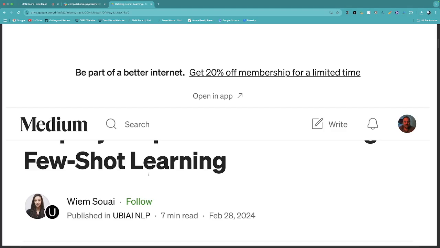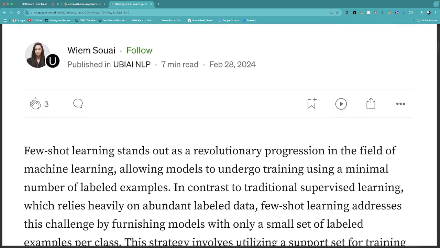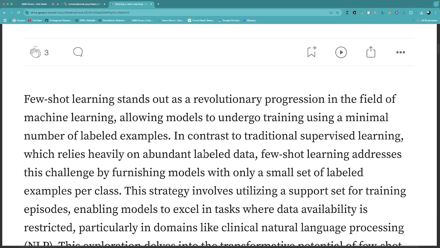But it's interesting to think about some of these examples, with biologically inspired models, where maybe it's better to have n-shot learning than to have zero-shot learning. And so, just something to think about. In any case, this article on Medium, this is few-shot learning, this is WMSI, and this is an article on